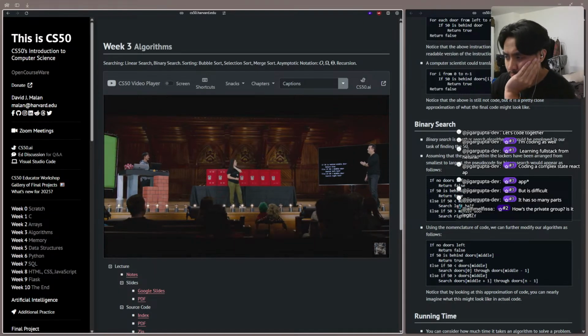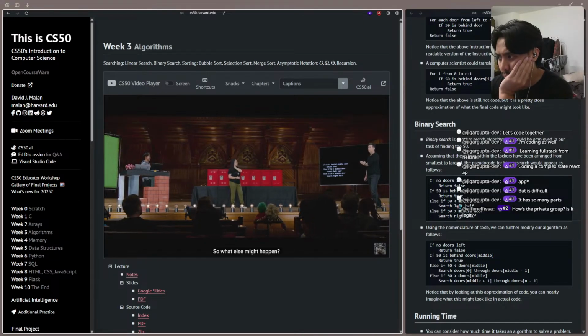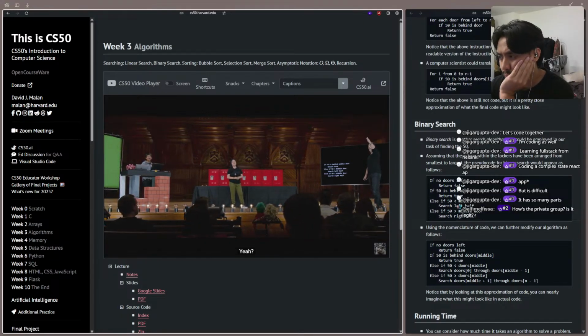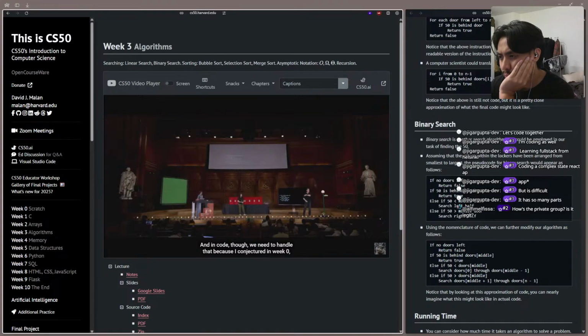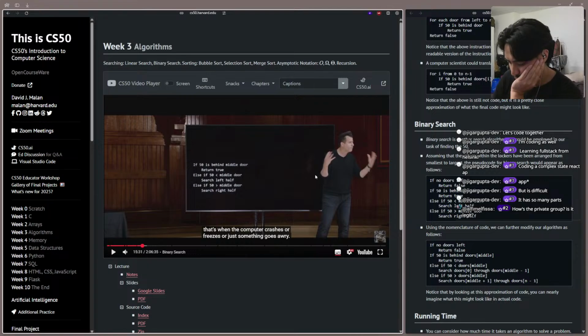What else might happen? What else might happen? Was that 4th scenario? Yeah. So it might not be there at all, right? I could have really set you up for failure by not putting the 50 there. And in code, though, we need to handle that, because I conjectured in week 0, when you don't handle all possible scenarios, that's when the computer crashes or